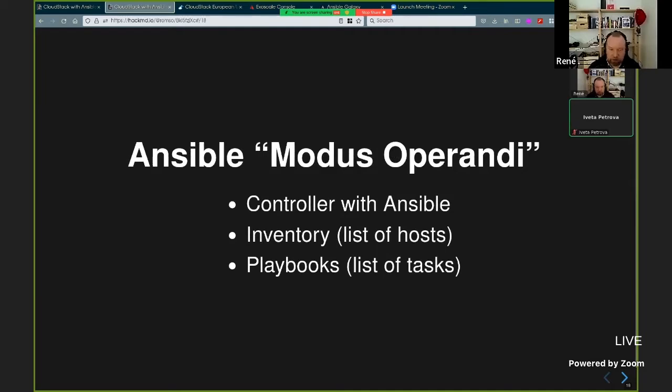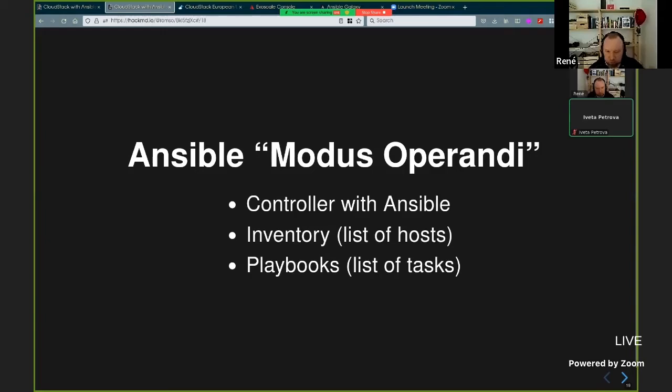How does it work? Ansible has a controller. Where you run Ansible, that's the controller in my terms. Ansible is installed on one machine, basically. And you give it an inventory, a list of hosts, so to say. This inventory can be static, but it can also be dynamic.